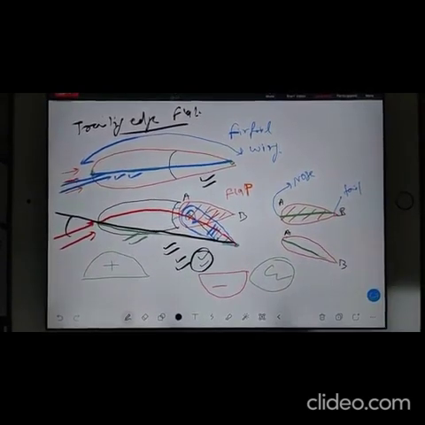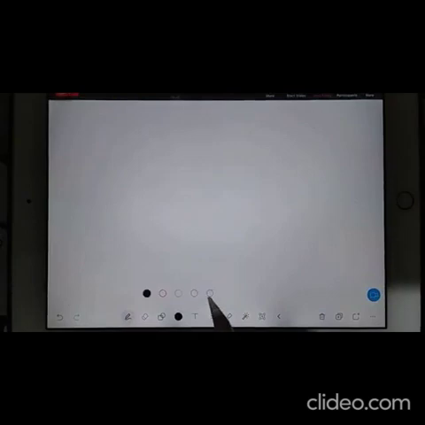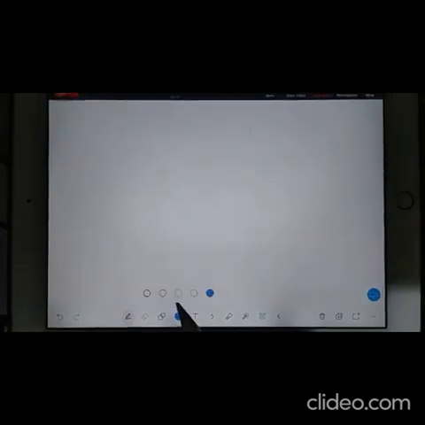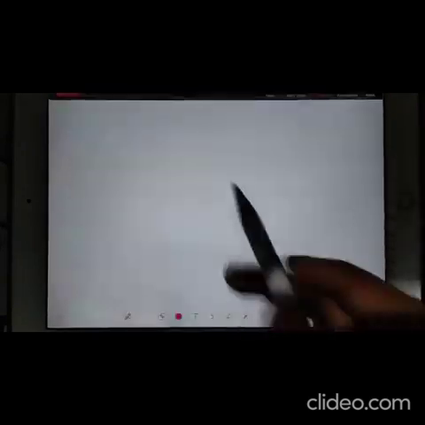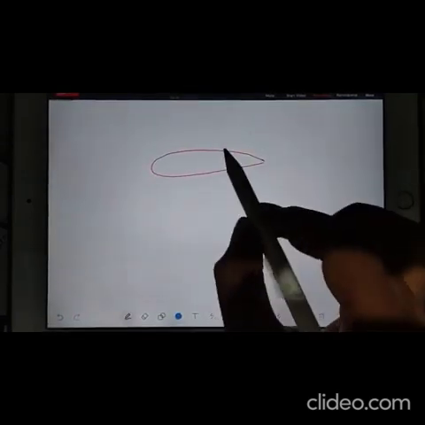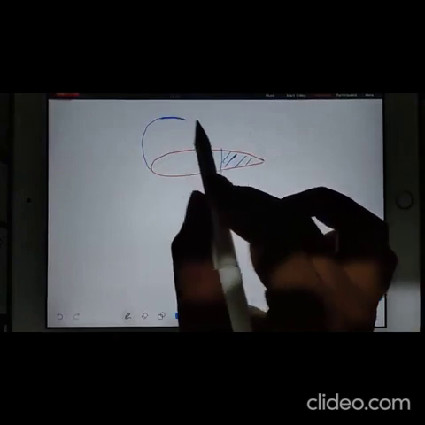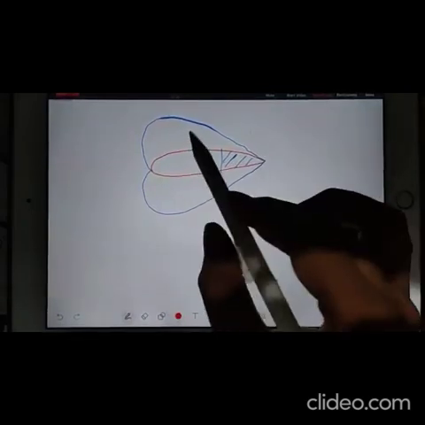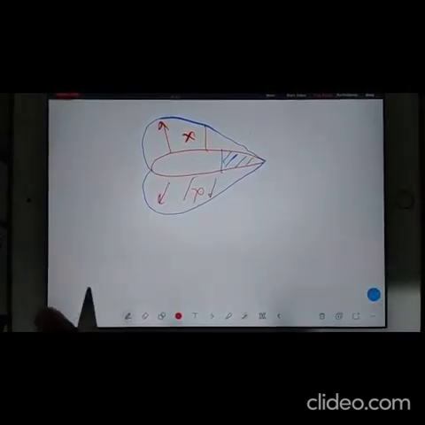This was the geometrical issue. Now let's understand what is happening physically. I will change the page. Now I am explaining physically; here I explained geometrically. Whenever you have a normal airfoil and here you have a flap, consider this as a 2D wing. You will have your pressure distribution like this, a symmetrical pressure distribution. So you will not have any lift, because on both sides you have suction, no lift.